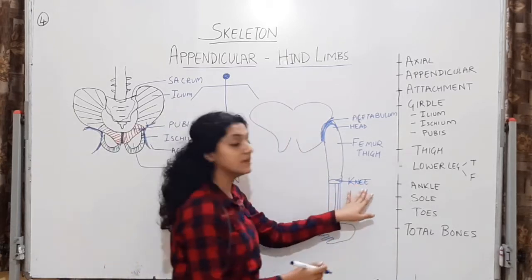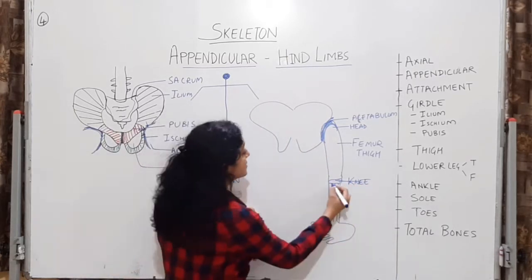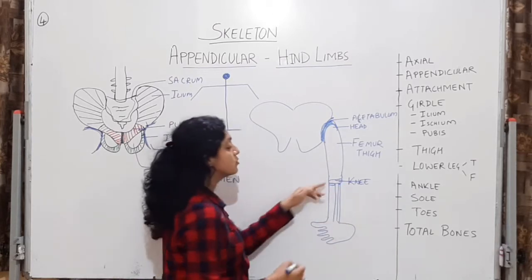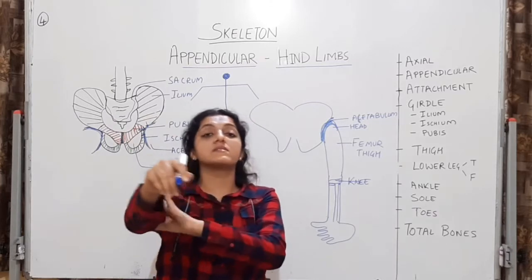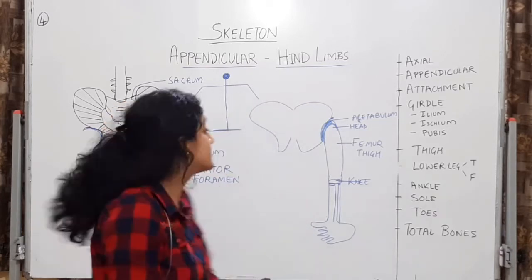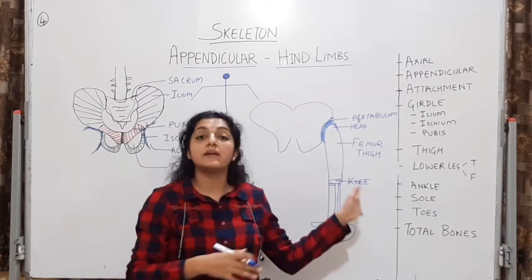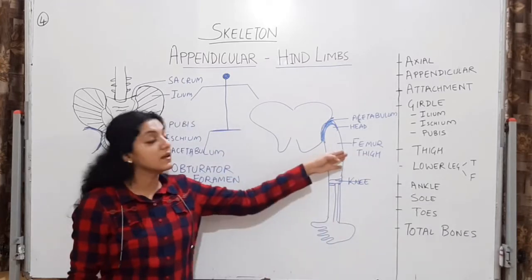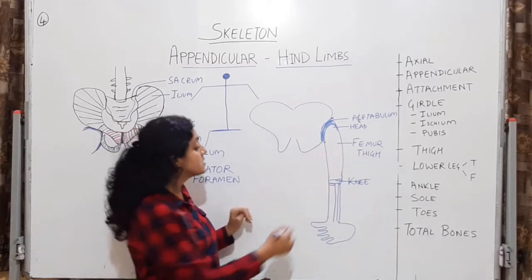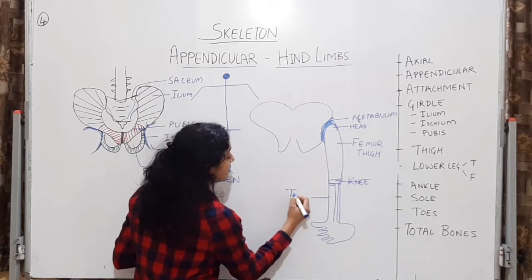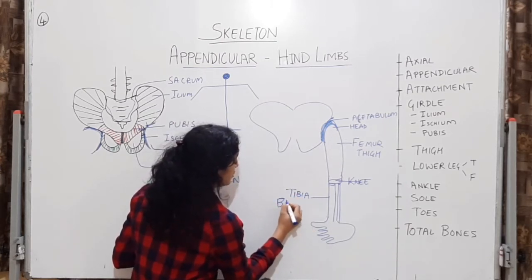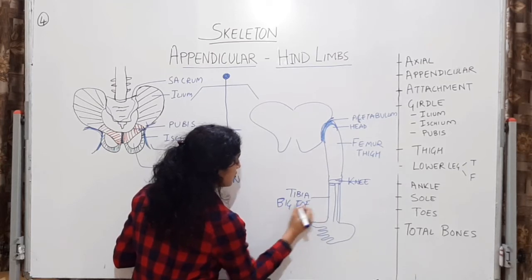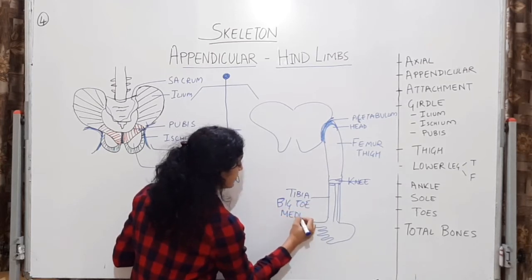Then you will have the knee, okay, where the tibia and fibula are going to articulate with the femur. जैसे elbow था जहाँ पे humerus articulate करता है radius और ulna से, वैसे ही knee होगा जहाँ पे tibia और fibula articulate करेंगे femur से. So tibia is going to be a medial bone. Tibia is going to be towards the big toe. It's going to be a medial bone.